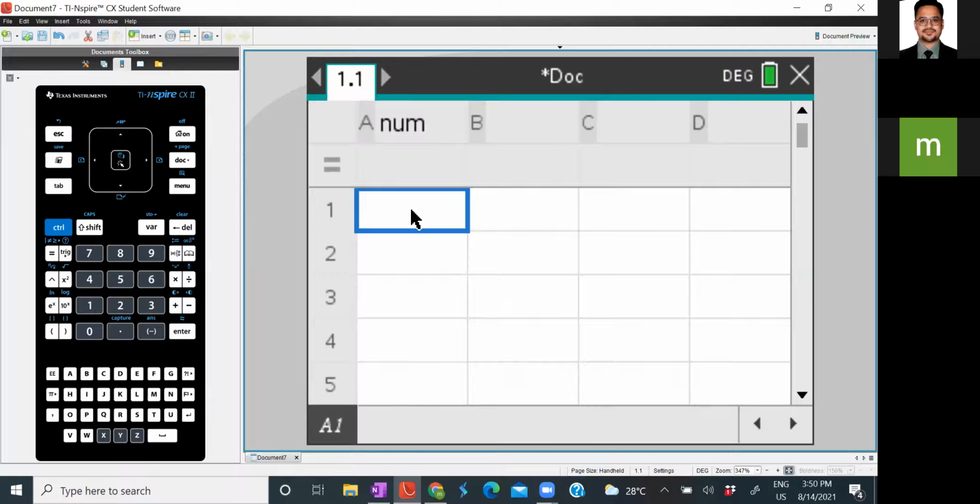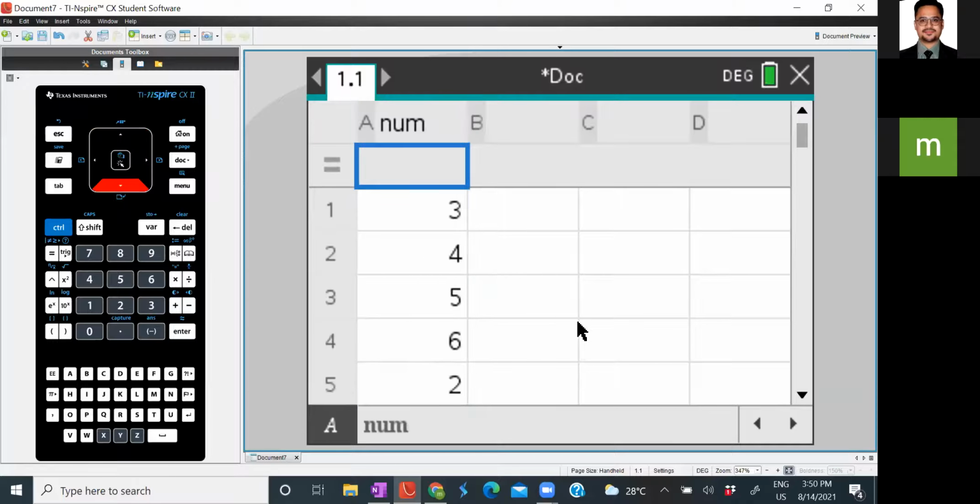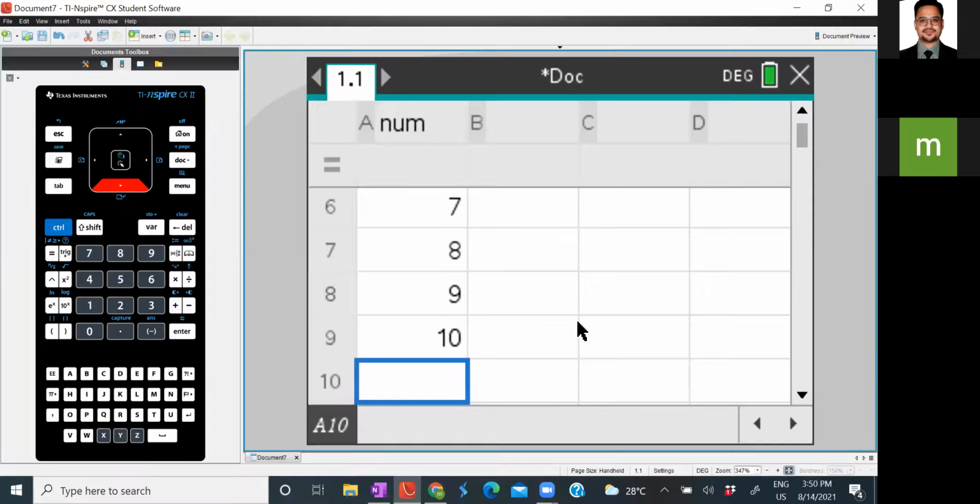Now, let me enter some random values to find mean and median. Okay. I'm just entering some 10 values so that you all can try the question which is displayed earlier by yourself after this. All right. So we have entered around 9 values. Okay, we'll enter the last one.